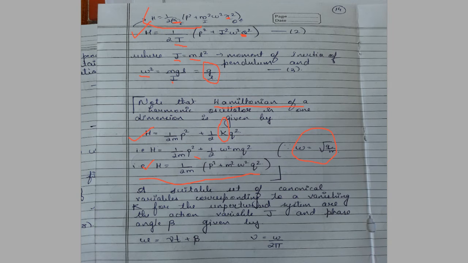Now, since we also have studied the action variable and the phase angle, we know the action variable is denoted by J and the phase angle is denoted by beta. So now we have two new canonical variables, that is w and nu. This w is given by nu t plus beta. Nu is nothing but frequency, which is given by omega upon 2 pi. So now further solving,